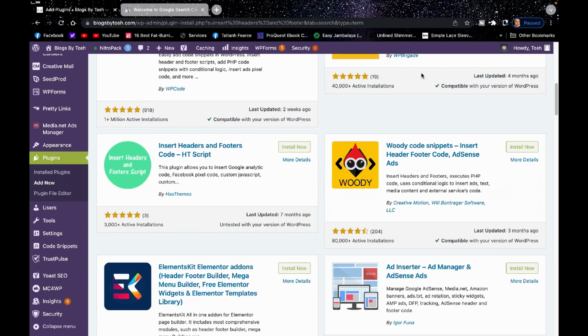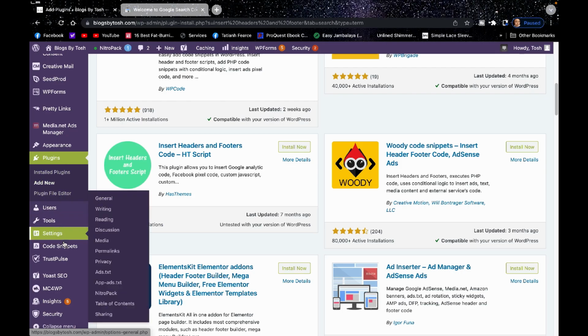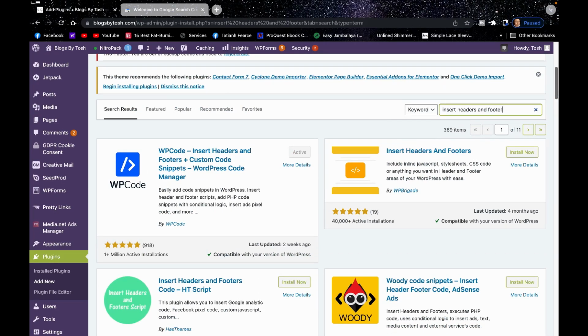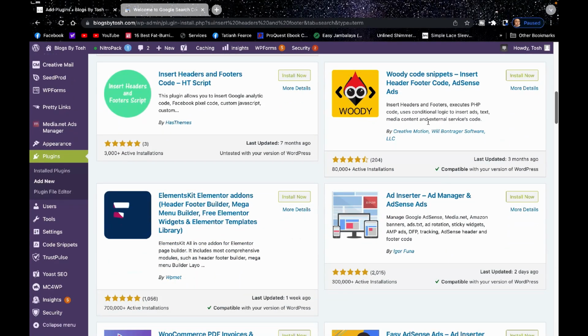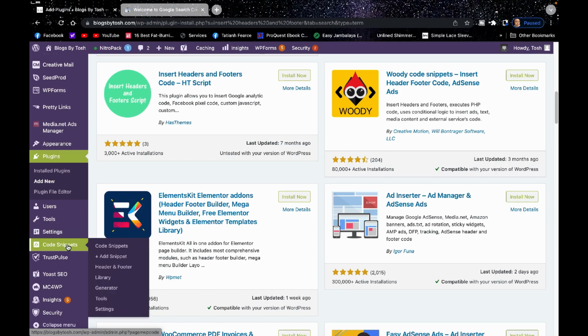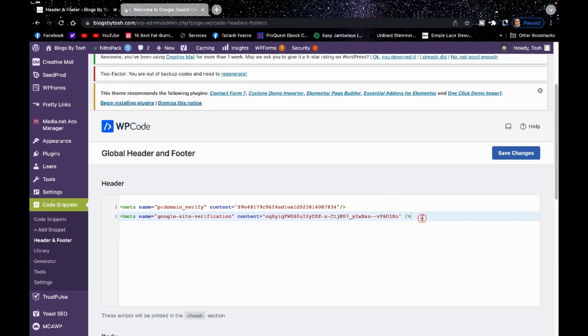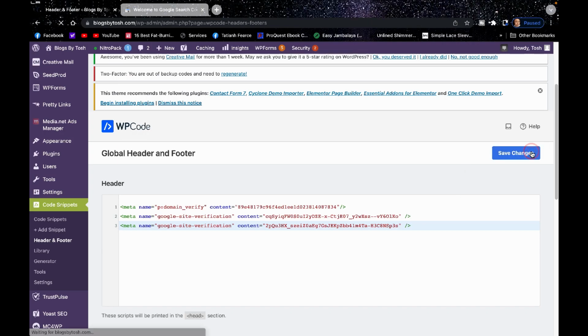just want to scroll to the left hand side of the WordPress homepage and find the same plugin you just installed. So WP Code is this one right here, code snippets, and click header and footer, and then you are just going to want to paste what you copied and paste it into the header section, save changes,